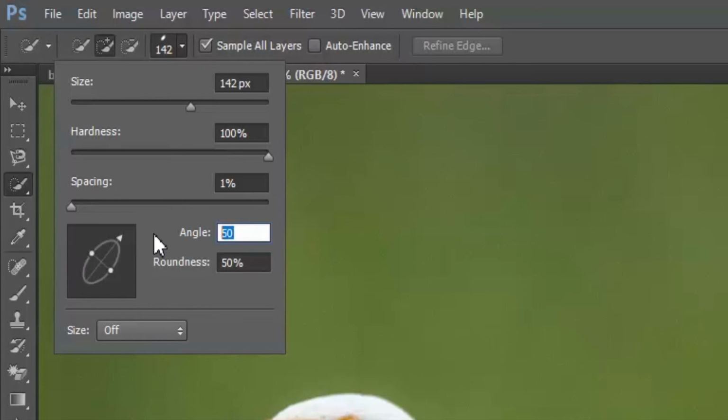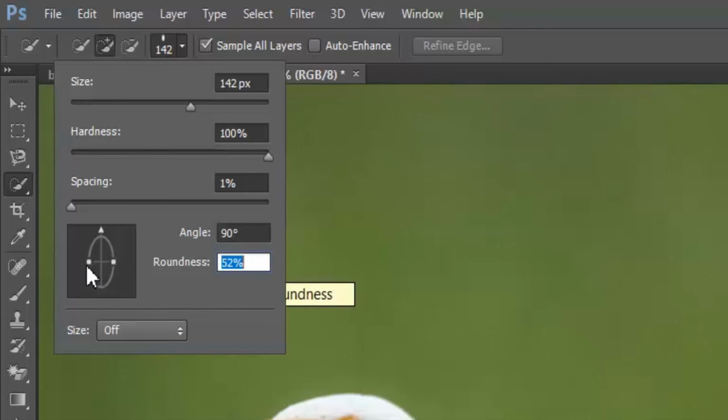If you set the angle to 90, we can also change the angle and roundness manually. Move your cursor inside this square. If you click and drag these two white points, it changes the roundness of the brush. To change the angle, click on this arrow, and if you move this arrow around, it changes the angle of the brush.